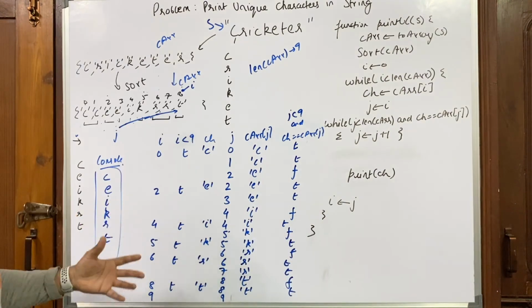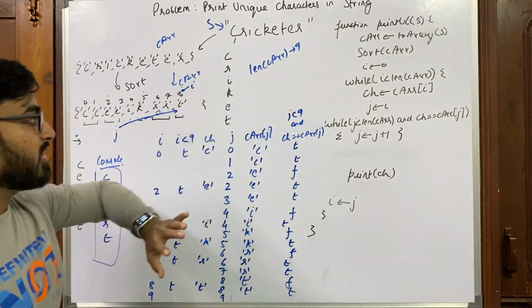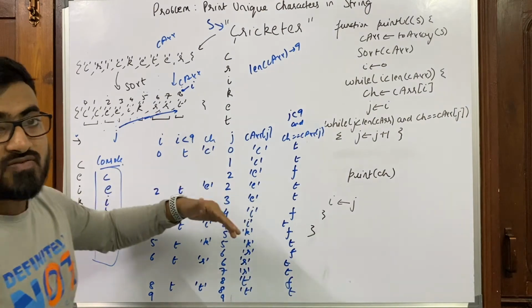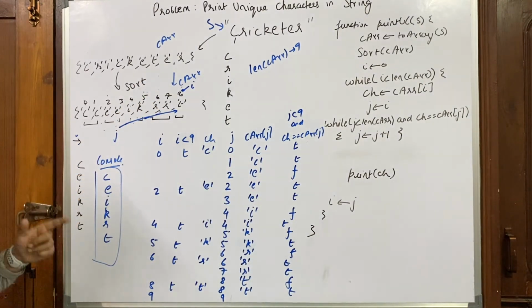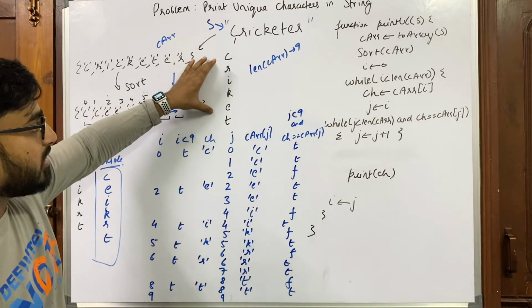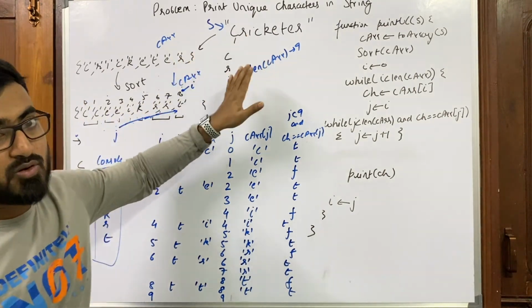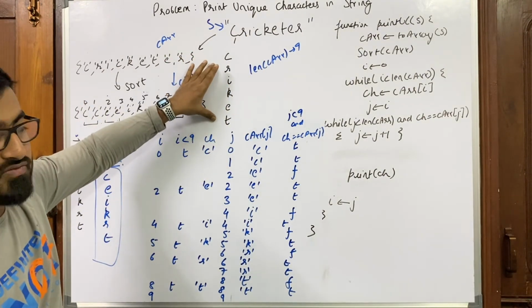So this is how you find unique characters in a string. Okay, and we are using sorting, so this is a faster method. We are also printing the output of characters in sorted order. If you want the output in the original order as the characters appear in the string, let me know in the comments and I will write a solution for this too.